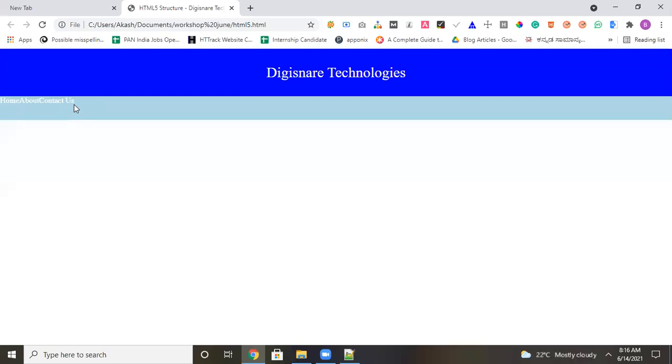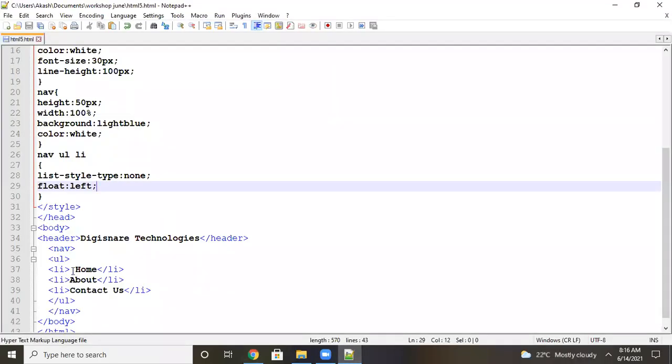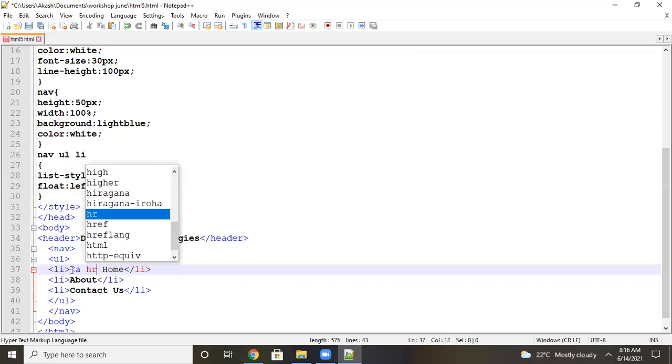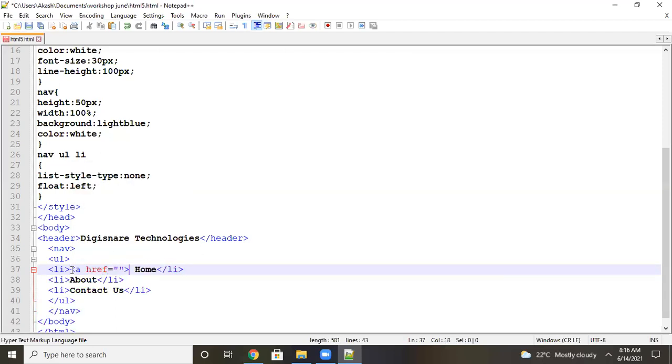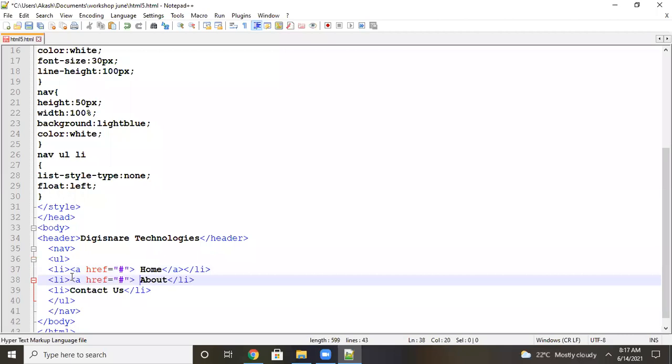Let's see now what I will do here. I will add some more properties here to make it a menu. If you want to link from one page to another page, you have to use that particular element. That is called the anchor tag. I will take a href. a stands for anchor tag. href means hypertext reference. The purpose of using the anchor tag is to link from one page to another page. But we don't have any page, that is the reason I will use hash. Hash means it will call the same page. If you have any pages, you can mention them there.